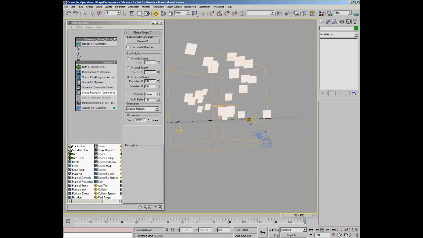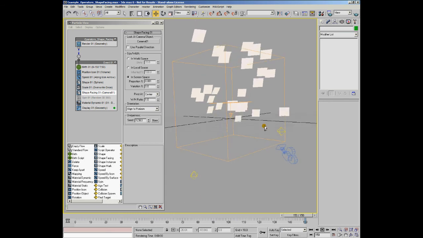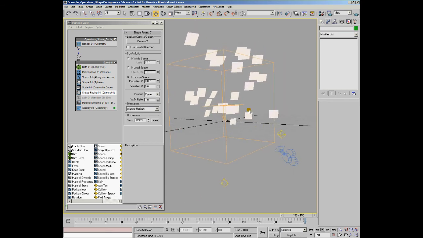Just go back to a perspective view and move the camera over here a little bit. Okay, and we can see that we have a pivot at parameter. What that does is it defines where the pivot of the facing shape object is. Now the default option is for it to be in the center of the particle, which is generally what most people want. You have the option for it to be at the top,